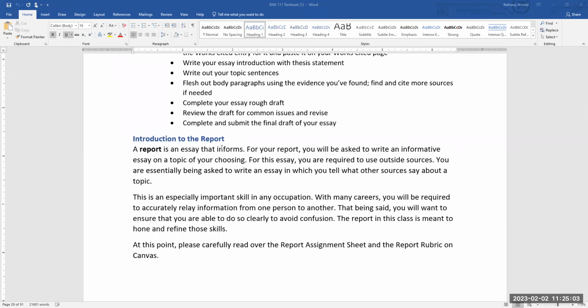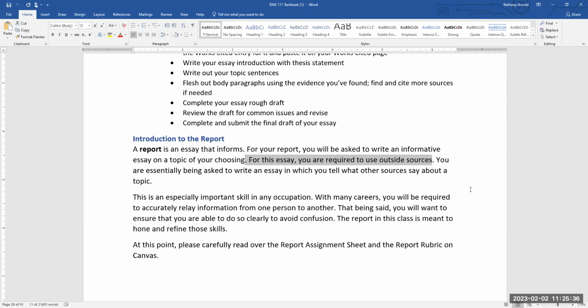So for instance, I could write a report on the history of the common cold, about a specific historical event, about a specific piece of technology. That being said, you are required, as our textbook notes, to use outside sources. And that's probably the biggest focus of this essay, learning what types of outside sources to use, how to effectively give credit to those sources on a works cited page, and how to incorporate them properly within the body of